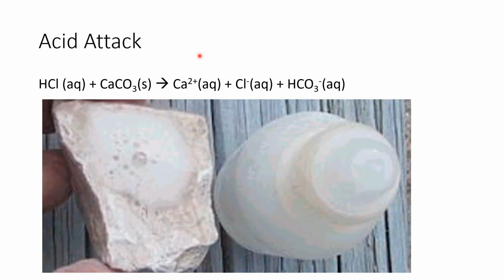And of course, you saw acid attack back when we were testing minerals, and one of the cleanest ones to identify. You can be fairly sure, at least from the set of minerals that we give you in this introductory type course. Well, put acid on it, and it fizzes, so it's calcite. Now, in reality, there are other minerals that do that. We just kind of keep it simple for you here, but here's the chemical equation for what's going on with that. So here's our HCl, and the AQ here just means it's aqueous. It is in an aqueous solution.